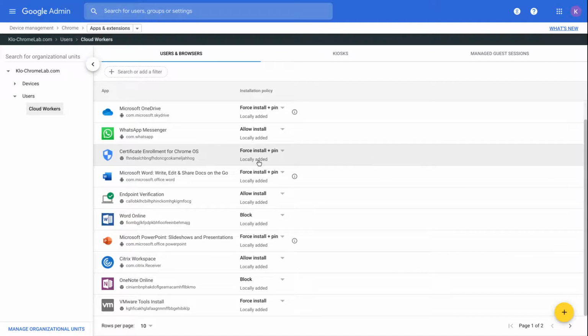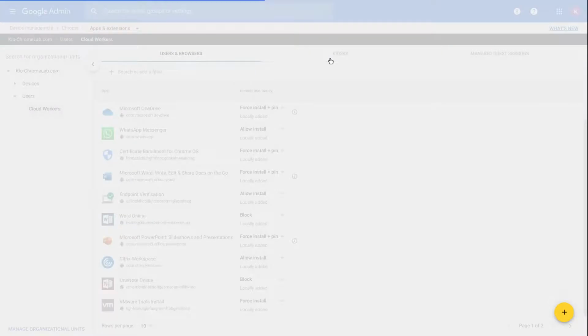Also, by application, you can choose to force installation of the app and pin this one to the taskbar. On the top, be careful, you can deploy apps for kiosk usage or especially for managed guest session mode. You just need to select the right app.